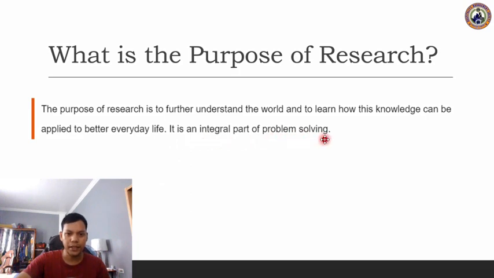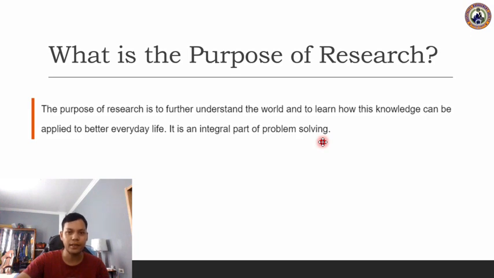So I hope and I pray that it will be put in your minds and your hearts. It is very important. I advise every one of us to become a problem solver, not a troublemaker. And you will receive joy and contentment if you did something that will solve the problem of other people. And one of the ways is what they call research.